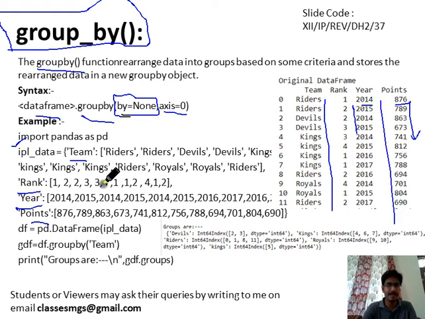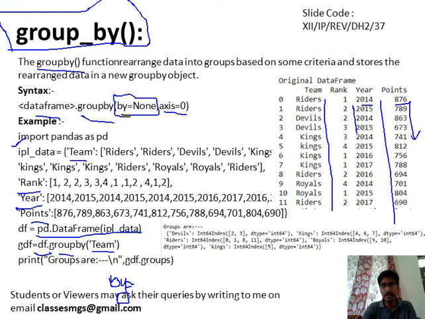So this data is given and this data frame is created. Now if you want to group by this data, group by means we want to create the groups by team. So we will write df.groupby('team'). We can also write it like this, by equals to team.